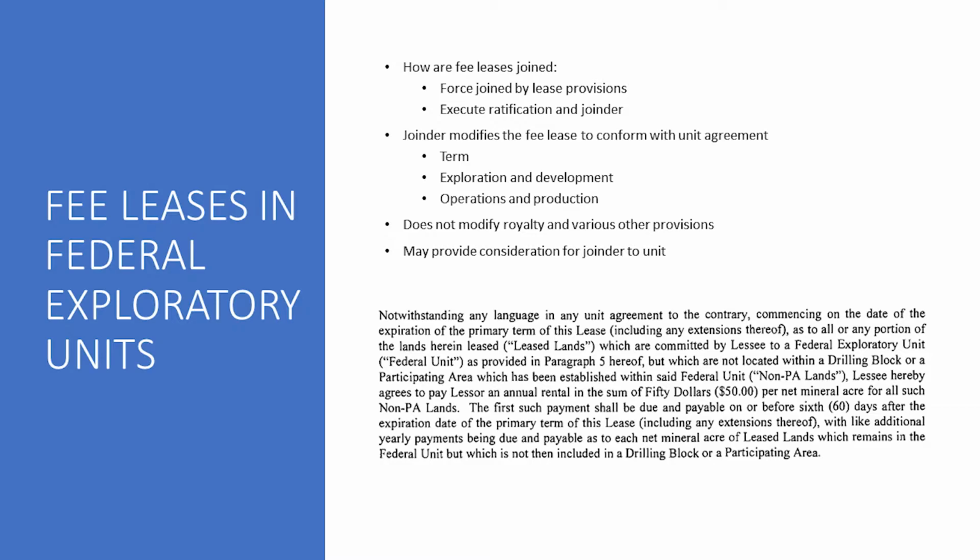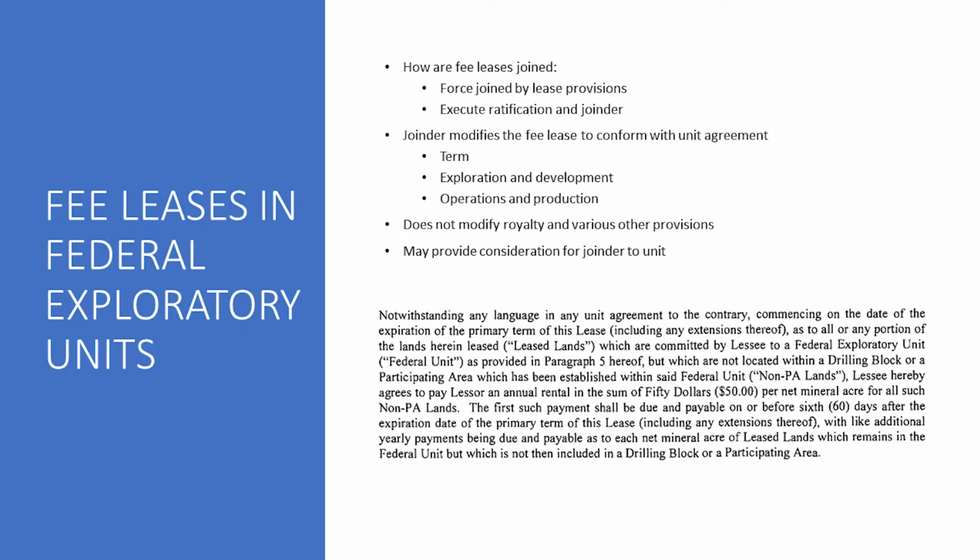They seem to do the same thing to me. But what that does provide for you to do is either you can force join leases that have unitization provisions to a federal unit as the operator, as the lessee of that lease. And if there are restrictions in the lease, or say there's an express written consent provision to unitize, you can have those parties execute a ratification and join to the federal unit, which is really just a one-page, standard ratification saying, I hereby agree to join the federal unit and have my lease modified to meet the conditions of